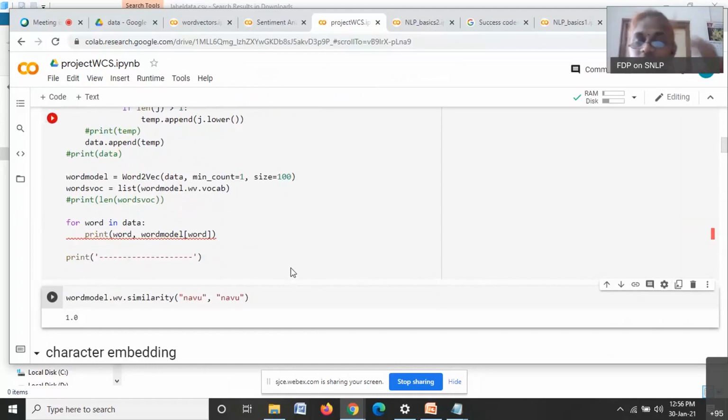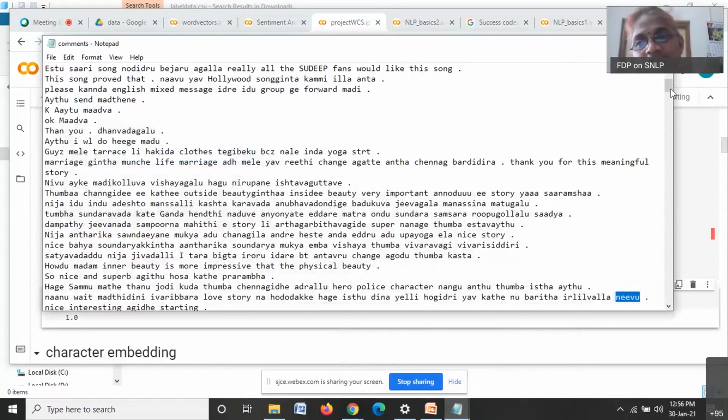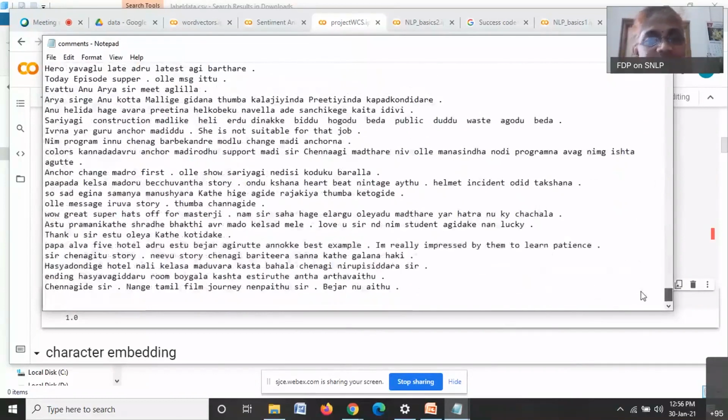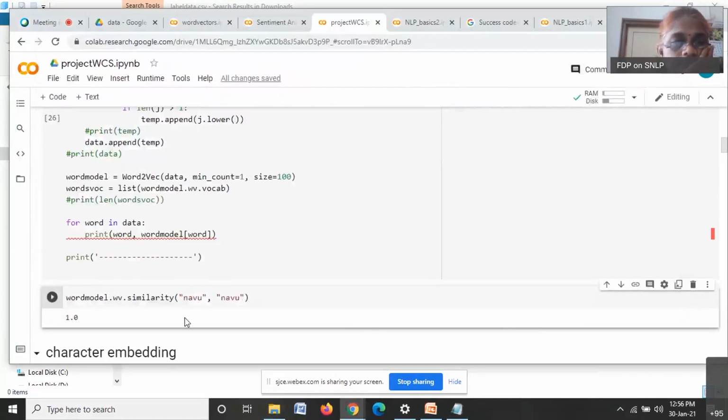One more thing I would like to mention here is, see, our data set is very limited. Just for the purpose of demonstration, I have considered a very small data set. With this data set, you can't expect good results. Even with 1 lakh words, I'm getting just 0.3, 0.4. You should look into the size of the data they consider for constructing word embeddings. It's not 1 lakh, there will be several millions.